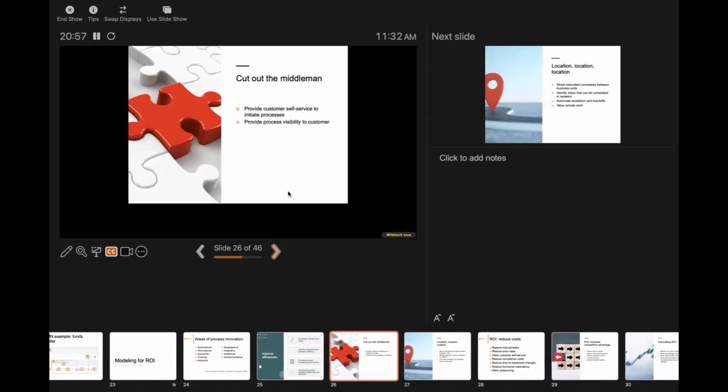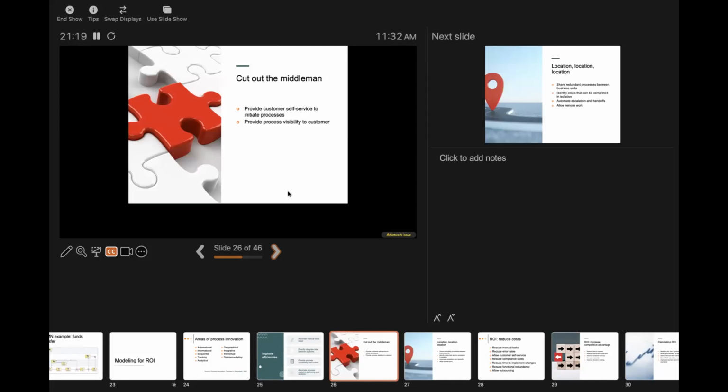Problems happen, wasting more money and time, and spending more money. A lot of issues come out of this. So cut this out. You're saving time, money, and resources, to provide customer self-service to initiate processes, and provide process visibility